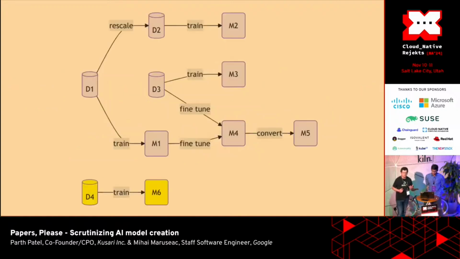Now, if you look at ML, the process looks a little bit different. This time, the tree is shallower because each model has been trained from one data set and one pre-trained model. So you only have just a few dependencies, but also the tree is much deeper. You have many more levels into the tree. So here we have some example. At the bottom, down there with yellow, is a model that is trained from one data set.